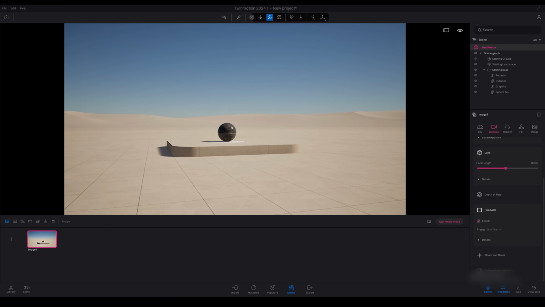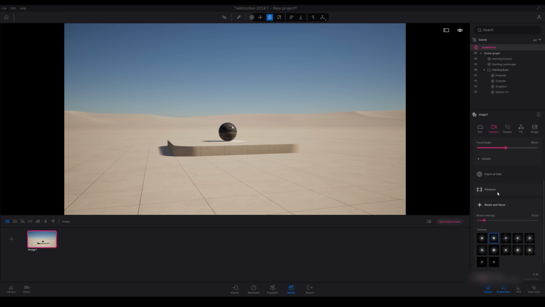Below we have a bunch of preset camera options. So here we can just go through these. Again, you can just play around with these camera settings and get familiar with those. But I'm going to run through each one.